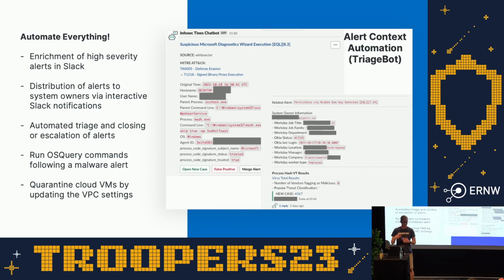Why? Because I'm sitting here in Germany. We have employees all over the world. If somebody's in Japan and a malware alert triggers, when I wake up to review the alert, it could be several hours after that alert triggered. And so now I'm going to have all of the context from within seconds of that alert happening. If you're really crazy, you can go so far as to start automatically quarantining cloud VMs, making changes to your cloud systems depending on how confident you are in an alert.